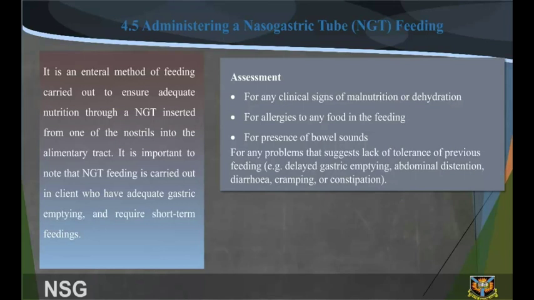Administering nasogastric tube feeding. It is an enteral method of feeding carried out to ensure adequate nutrition through an NGT inserted from one of the nostrils into the alimentary tract. It is important to note that NGT feeding is carried out in clients who have adequate gastric emptying and require